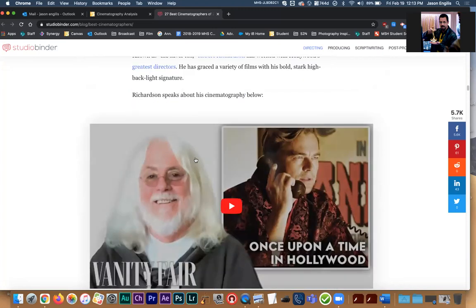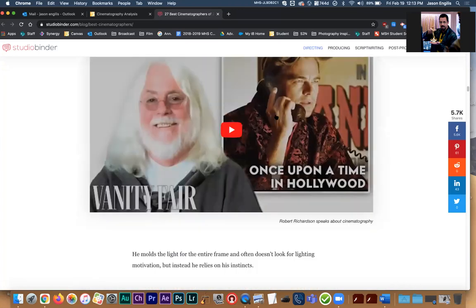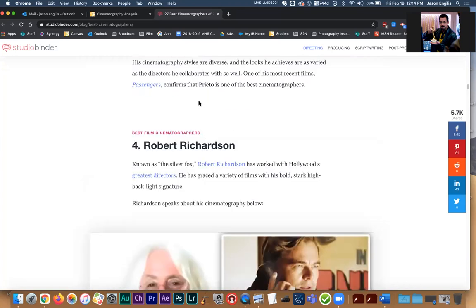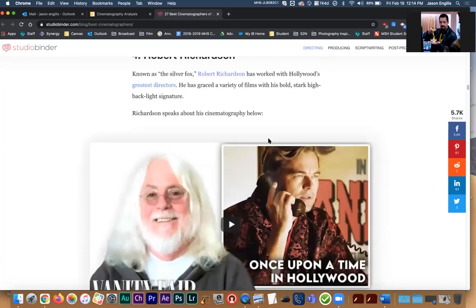This was the one who I was reading about today, actually did a lot of Quentin Tarantino films. He said one of his big tips was to not get rid of the eyepiece, because a lot of us are now framing movies where we're looking at a screen and not looking through the lens. And he said that when you're looking through an eyepiece, all you see is what the film's going to be. And when you're looking in a screen or a monitor, you still see the rest of the world. So it's distracting you from what world you're trying to capture. It's a good tip from another good cinematographer.